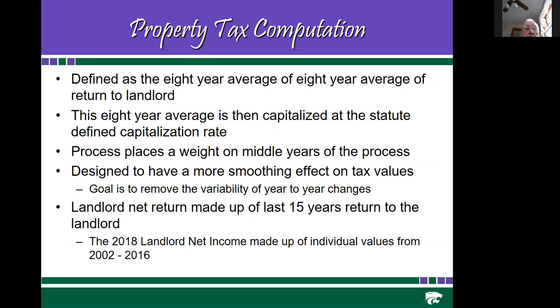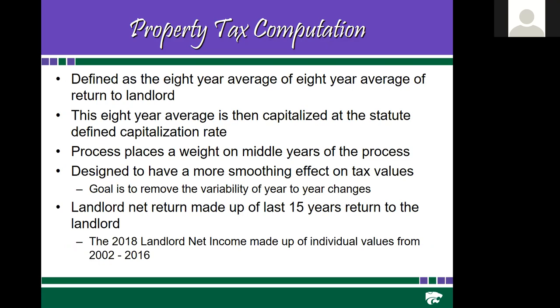For the irrigated land, the same type of thing will occur. The other thing, though, that occurs with irrigated land is there is an adjustment for the depth to water. And so if the well is 100 foot deep, the pumping cost there will be less than if it was 500 feet. And so there is an adjustment made to those LNIs to take into account the pumping cost. And so that's basically the process.